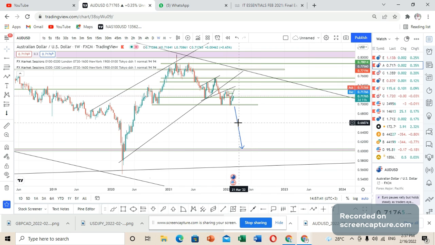But again, if the market is still to continue to move toward the upside, as you can see here, if it breaks above this particular point of resistance, you can see that this is a very strong point of resistance. We had our first touch in those areas, and we are having the current touch here. So if the market will be able to rise to these particular levels and move above it, we'll be targeting areas like this one and also this higher one here, and even further to this particular level here.